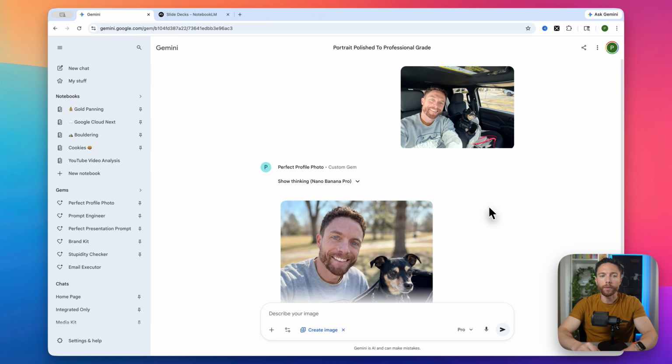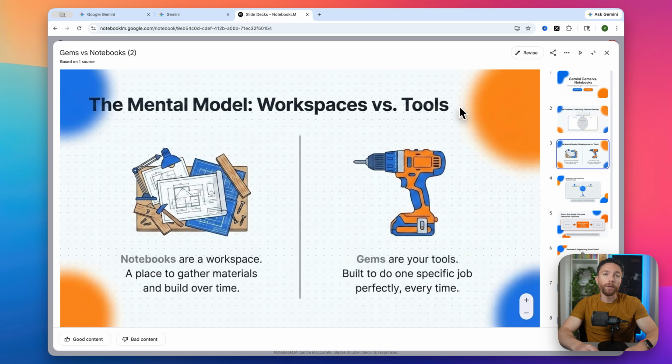Both of these examples, the gold panning notebook and the perfect photo gem, take advantage of the strengths of both of these features. But as you saw, there is a lot of overlap between what the two of these can do. So let me break down for you why I chose to use a gem for this use case and why I'm using a notebook to learn about gold panning, and the exact system I've created for determining when you should use each. There are a few questions I always ask myself when making this decision, but broadly speaking,